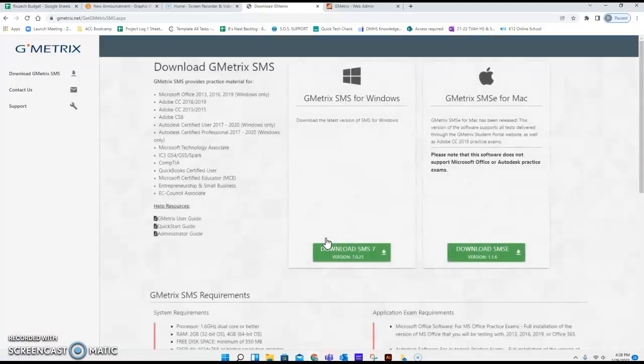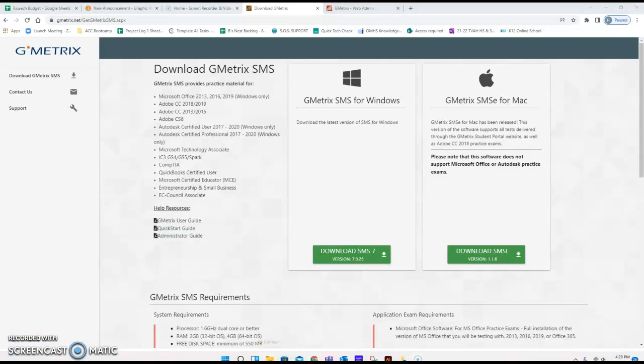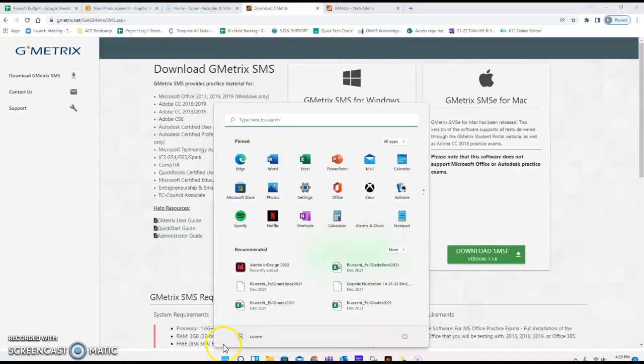Okay, so we're going to click on download, and depends on which one you have. I don't know if you have Windows or a Mac, so download whichever one you need. I have Windows. I'm going to pause while it downloads. It shouldn't take very long though. Okay, my file is hiding from me. Give me 1 second. Okay, it's hiding in my